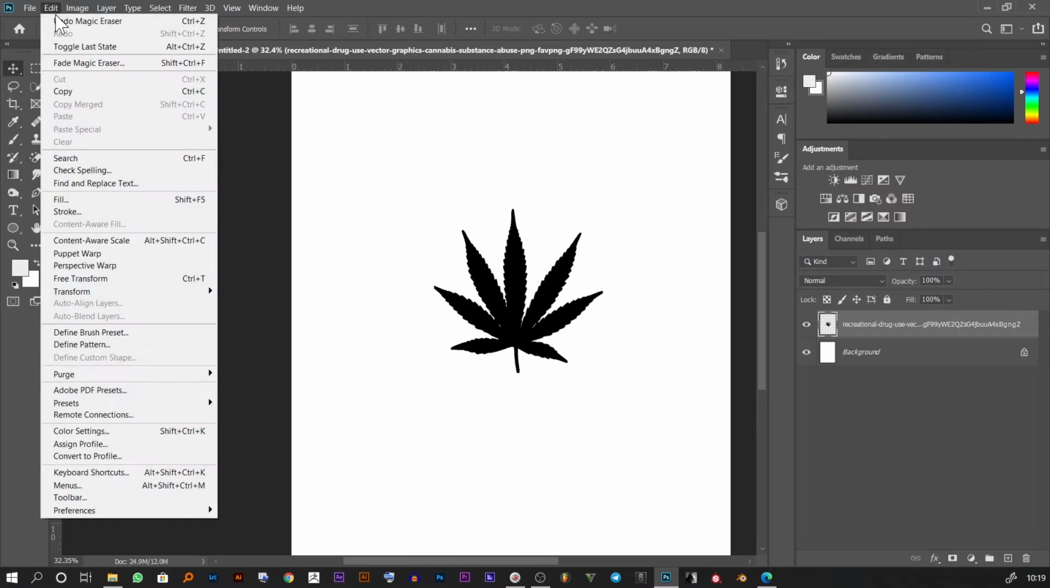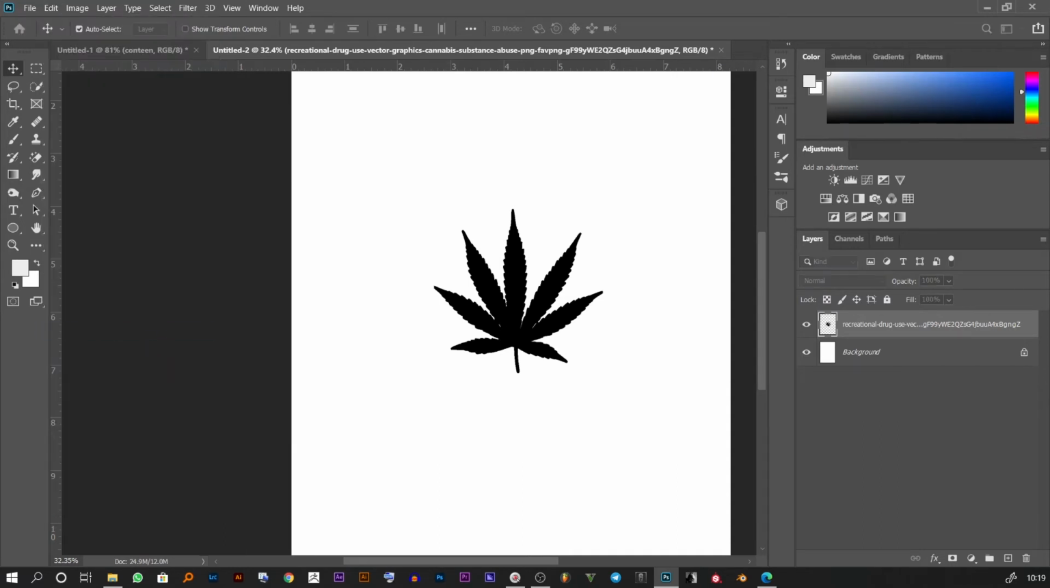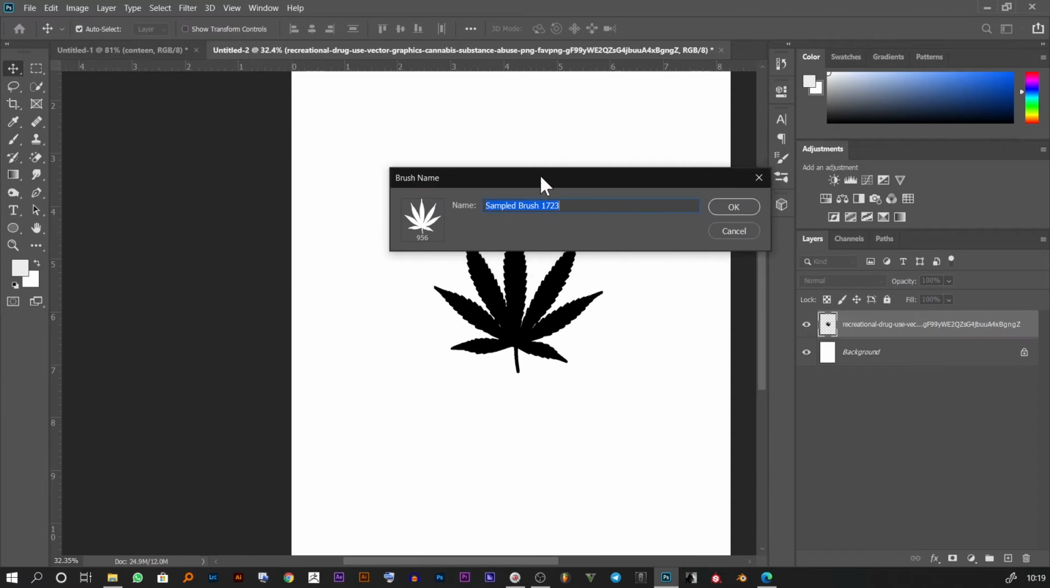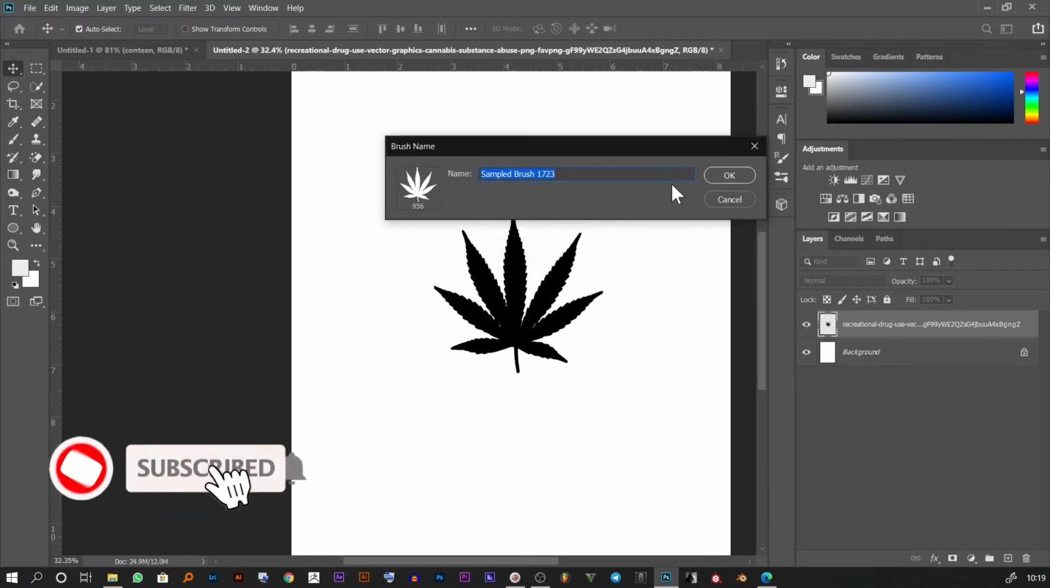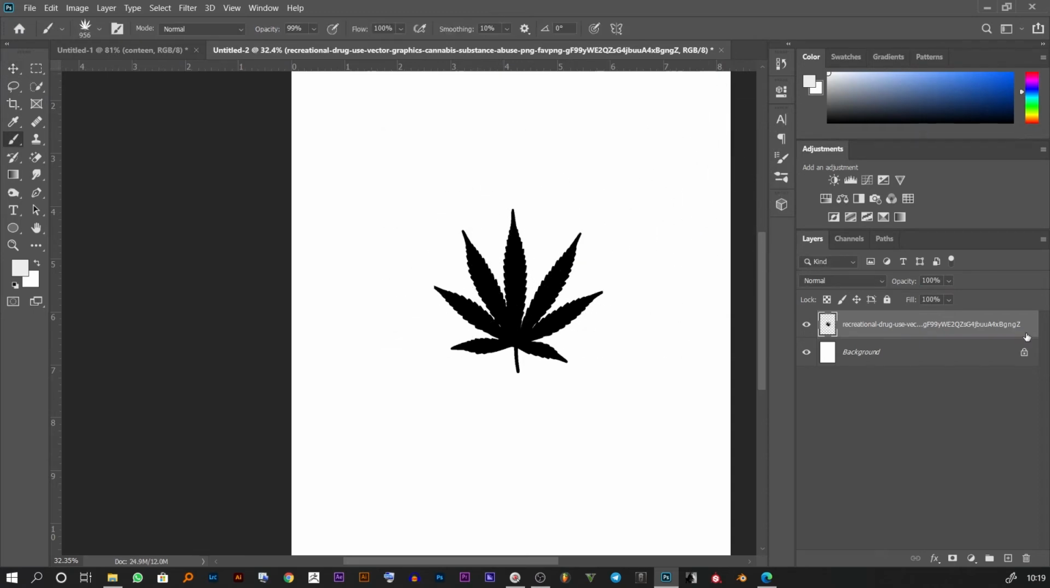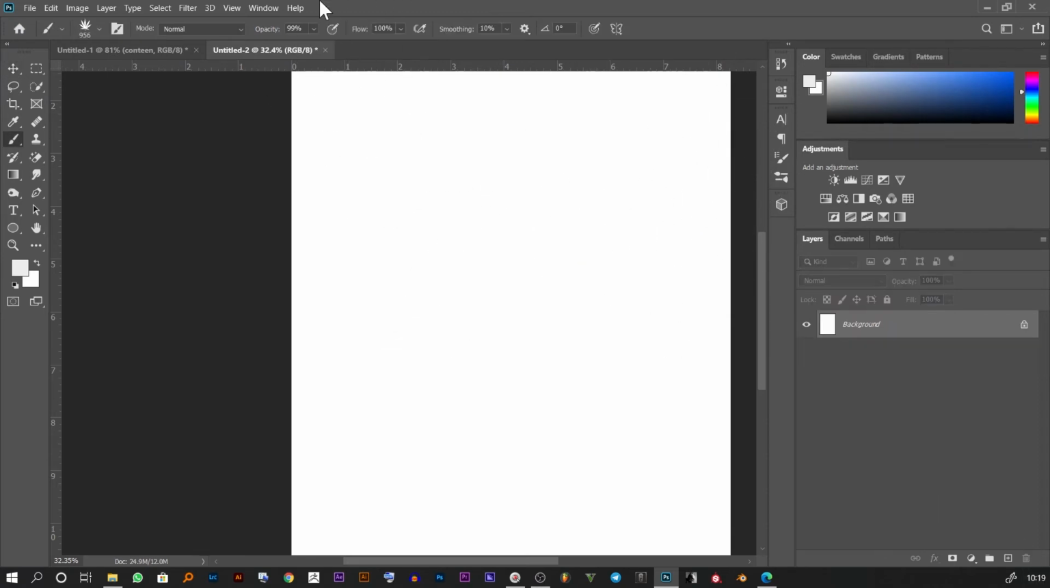Then you go to edit, default brush, then utapata the dialog box here ambapo utakwambia liite hilo brush lako jina unalotaka. So I will call it weed brush. Nikishafanya hivyo nitasema okay. Then right now utaona hata nikifuta this layer, then hata nikaenda kwenye any layer ambayo niliwahi